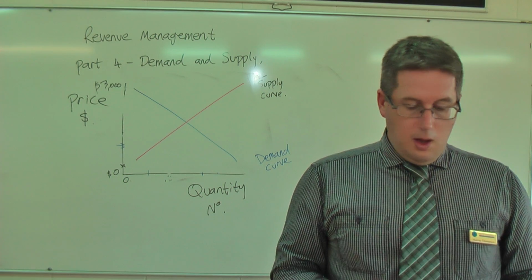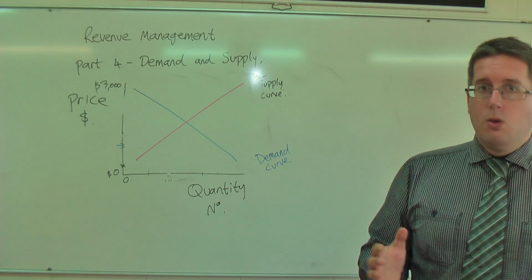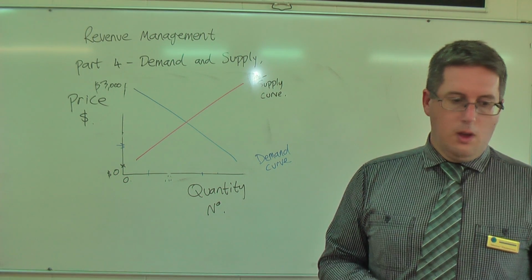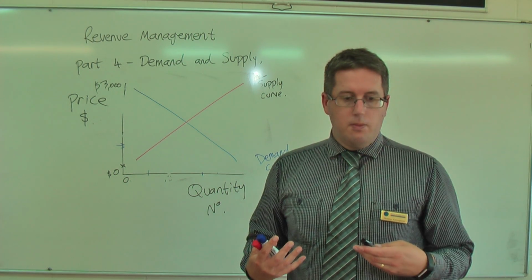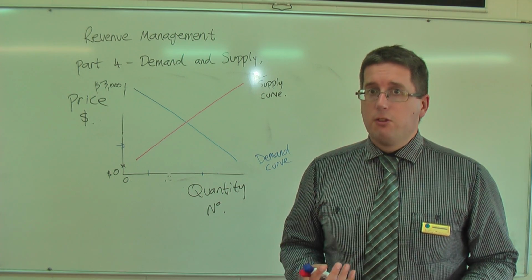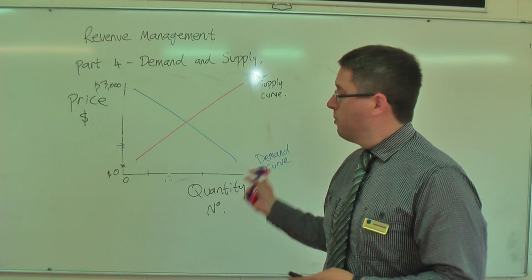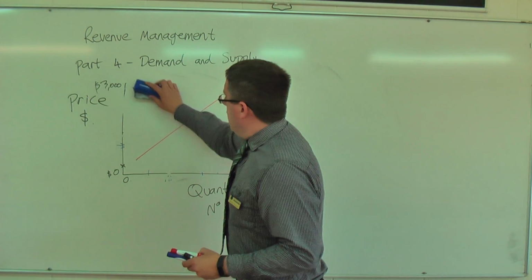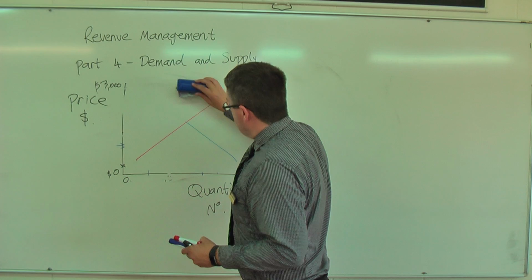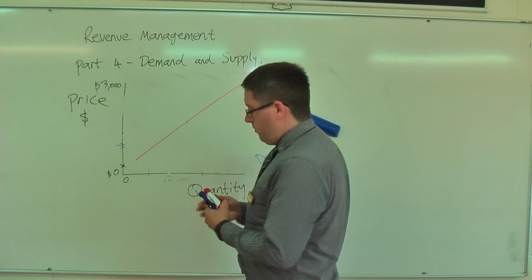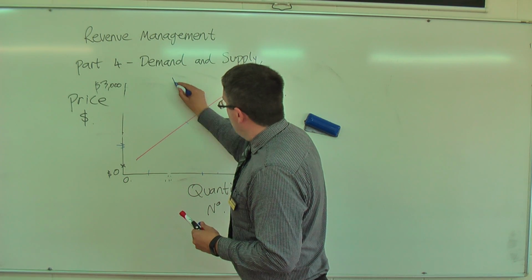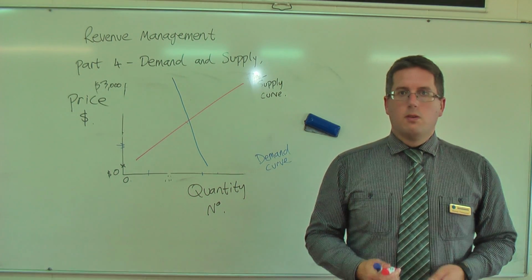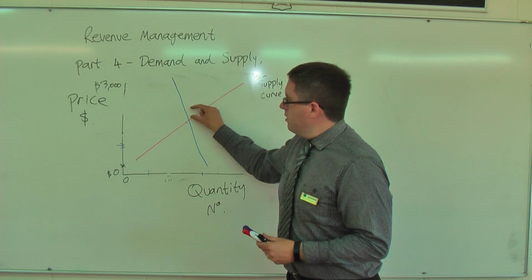Okay. Now sometimes there's this thing called elastic and inelastic demand. So elastic just means the more elastic something is, the more it changes. So we've got a normal demand curve here, but sometimes, depending on the item, it doesn't actually look like this. If you plotted it, it may look more like this. So the steeper it is, for every change in price,